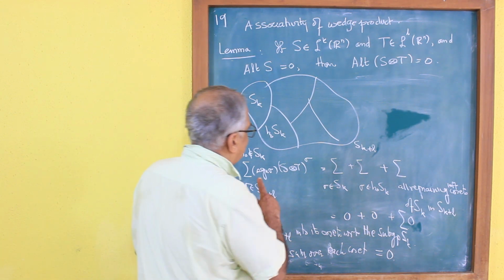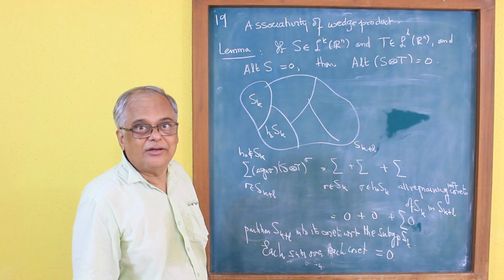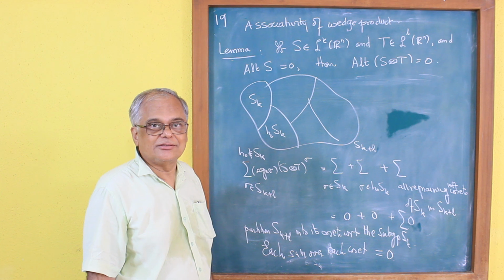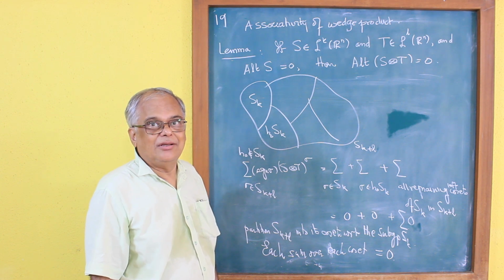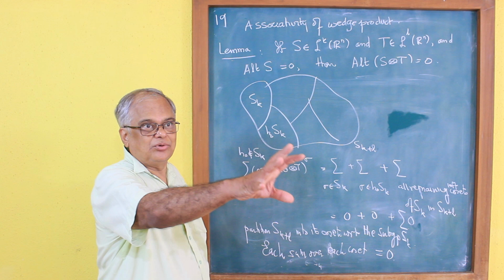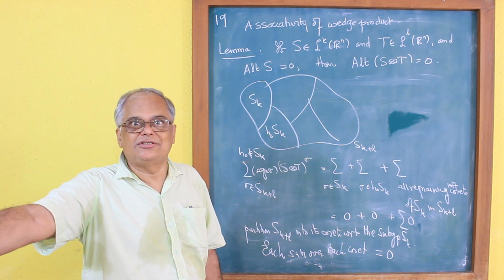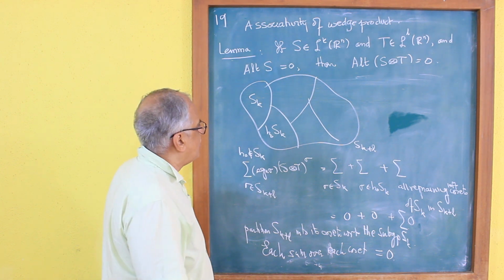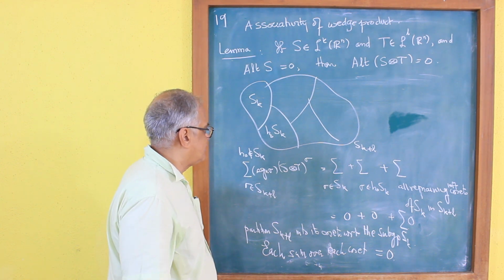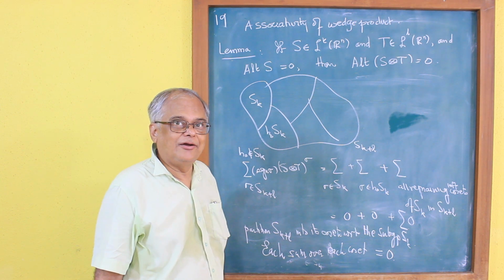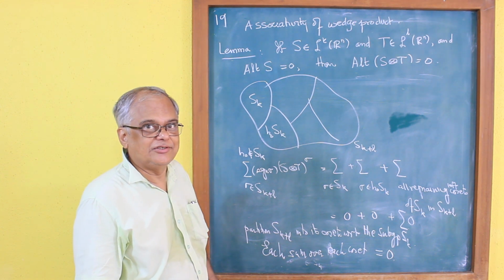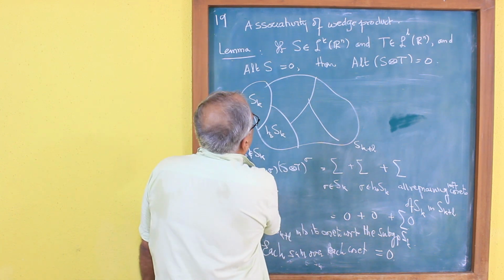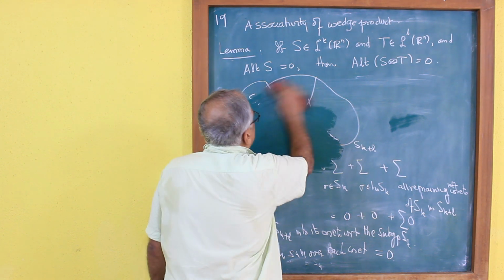Very good. So this is the first place where you have to break it up in terms of the cosets, and this is an idea that arises quite often. Another way that you can show something is 0 is that the sum over some coset is 1, but the sum over some other coset is minus 1, and therefore the sum of these two is equal to 0. This is quite an important idea, and I'm sure that you're going to come across it again sometime in the next couple of months or years. Okay, so alt of S tensor T is 0.